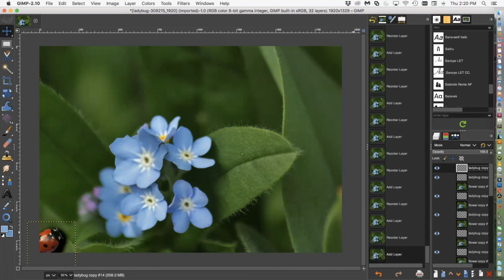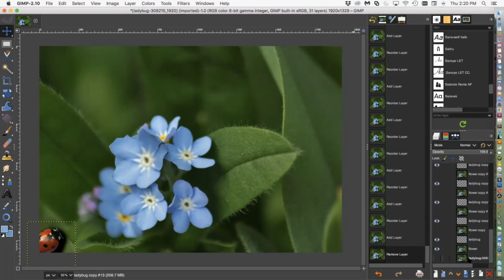Looks like I ran out. I have an extra one, so I don't need that one. So what we need to do now is position these. We have our first ladybug here, and we need to make our second one. We need to move it. Let's see, how can we do this? Go to this ladybug, and you can see it here. You need to move it. There we go. So you're going to move it,